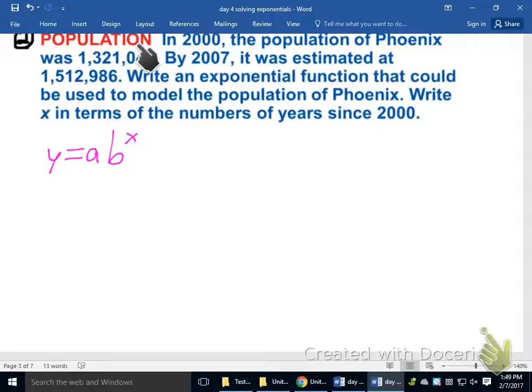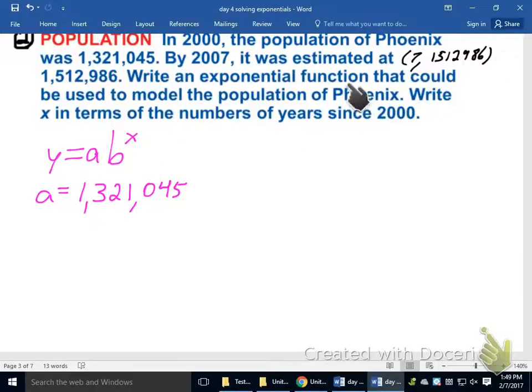What that tells me is I do actually know my initial population, my A value, needs to be this 1,321,045. I need to figure out the B though. That takes a little bit of math, and I'm going to do that over here. So if y equals a times b to the x, that's where I'm going to use the other point. It's actually giving me a coordinate of 2007, which would be an x value of 7, and 1,512,986. That's my y value. So I'm going to use that point in this form where I'm going to drop the y in,